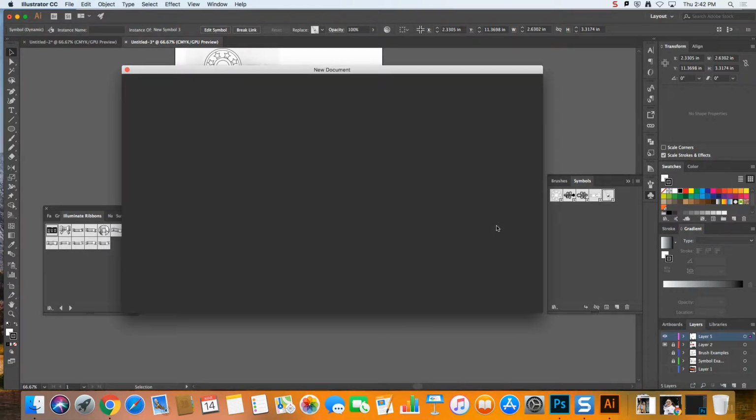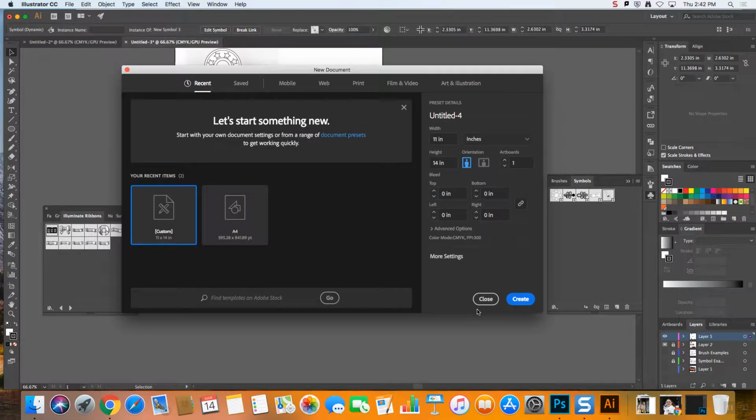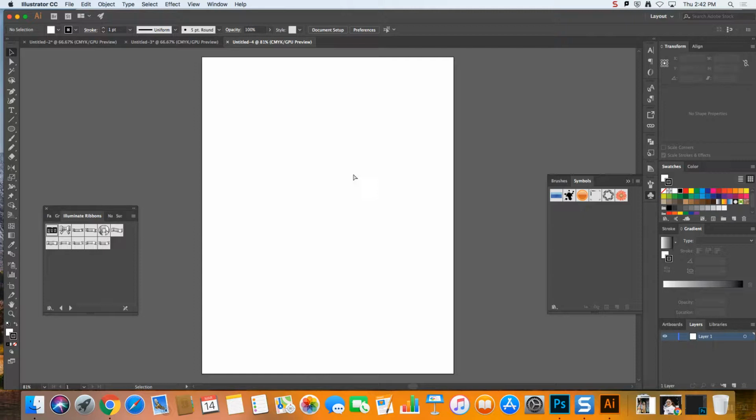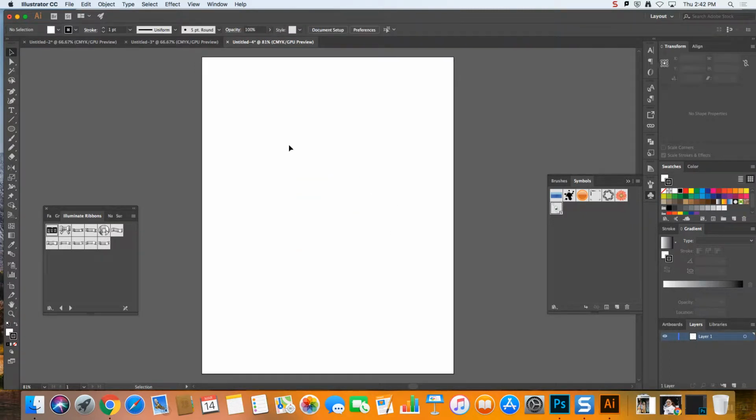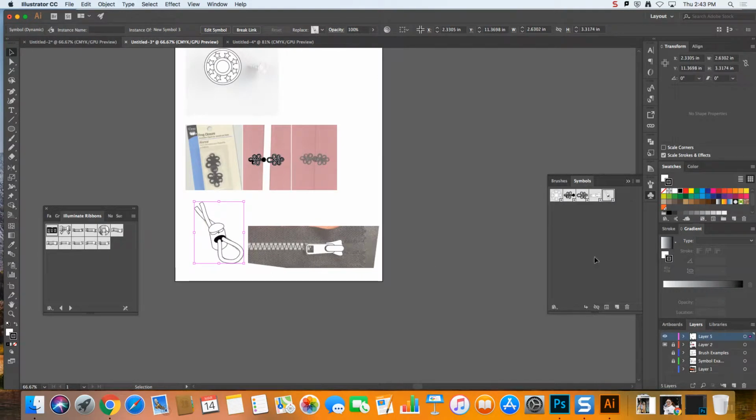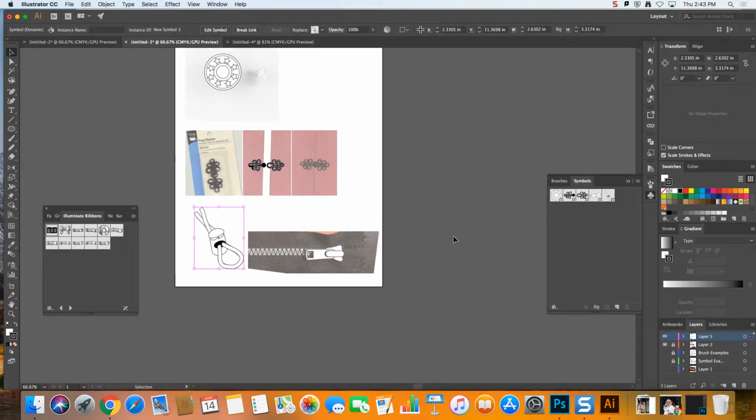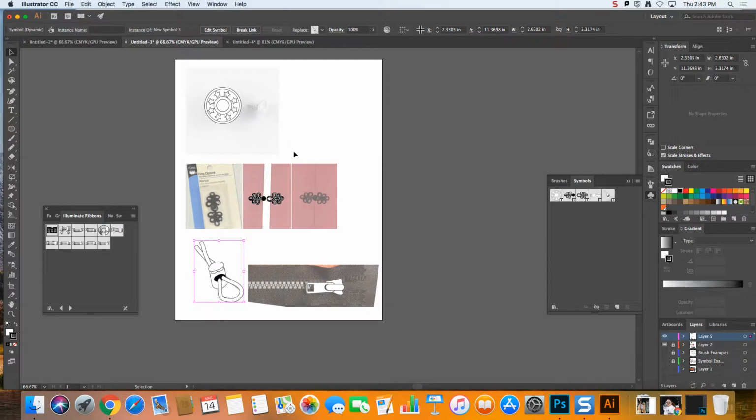That would work. But all of them are more easily transported by saving this library, and then you wouldn't have to open this whole file up. You can just open up this library into a